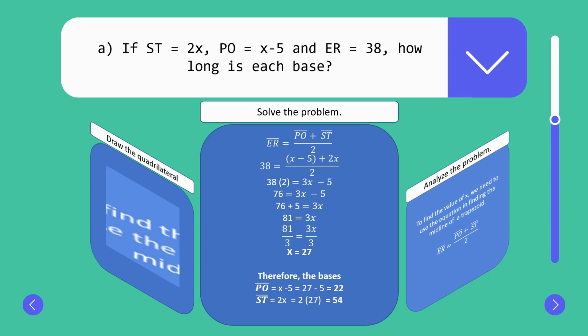We combine like terms by putting negative 5 on the left side of the equation. This becomes 76 plus 5 equals 3x. We add 76 and 5. This becomes 81 is equal to 3x. Since we still need to solve for the value of x, we need to divide both sides by 3. So this becomes 81 over 3 is equal to 3x over 3. And finally, x is equal to 27. Since x is equal to 27, we can now solve